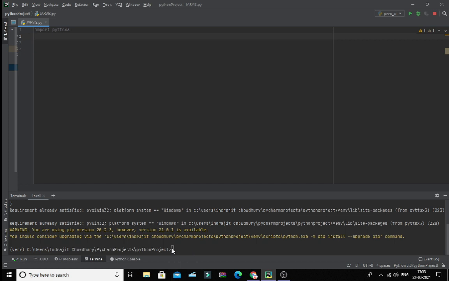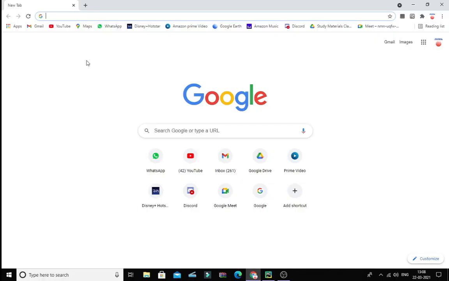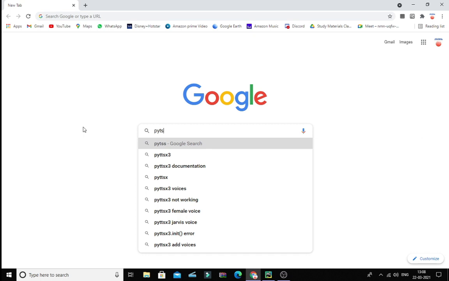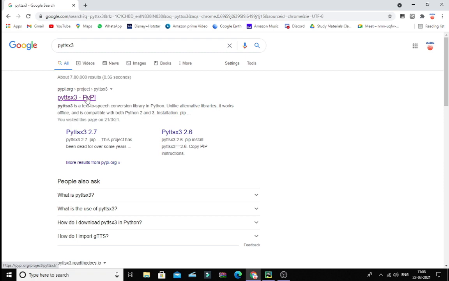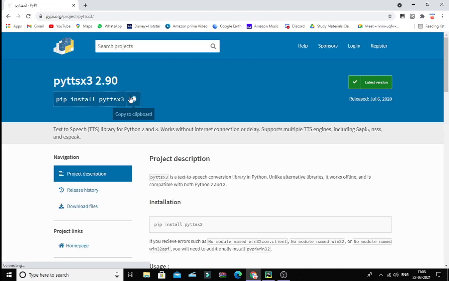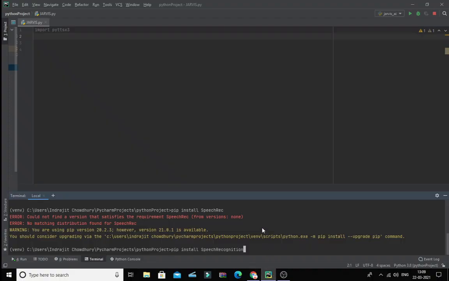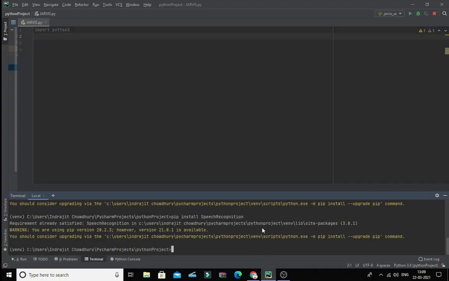So we will type pip install SpeechRecognition, or you can also search in Google for pyttsx3 and SpeechRecognition, and it would lead you to the website of pypi.org. You can copy the package command from there and paste it in the console. Now I am pasting pip install SpeechRecognition. It again shows that the requirement is already satisfied because I have previously installed it.